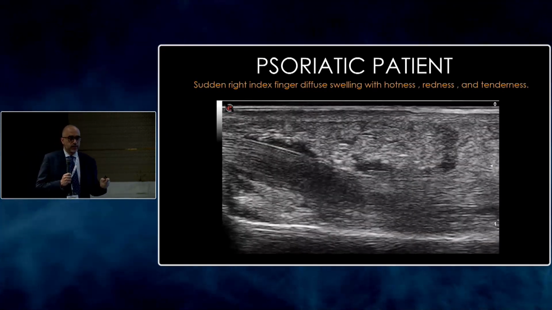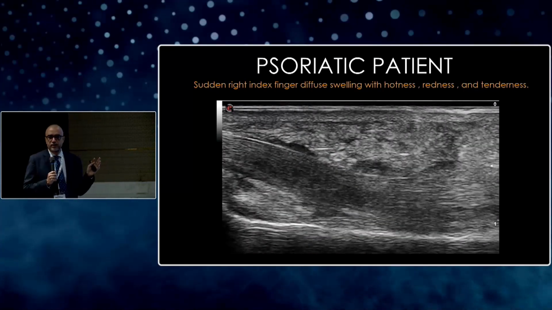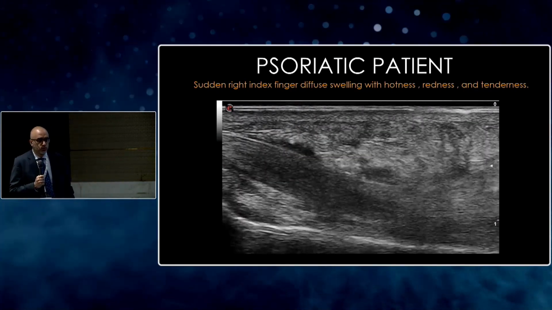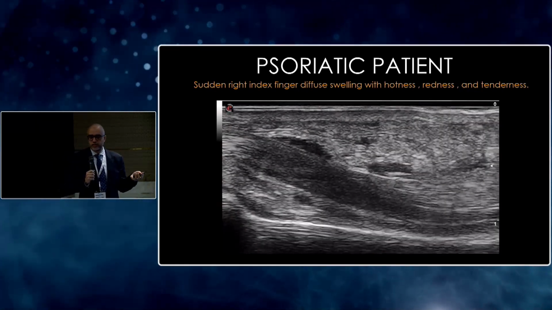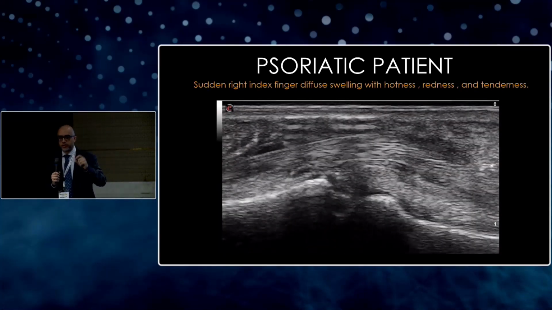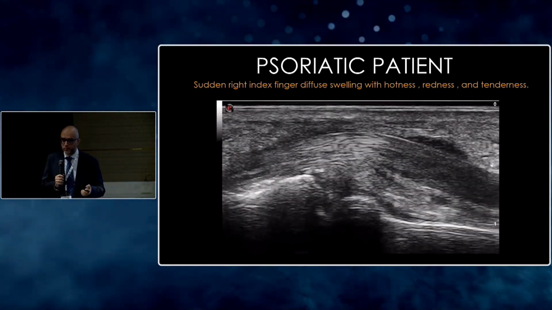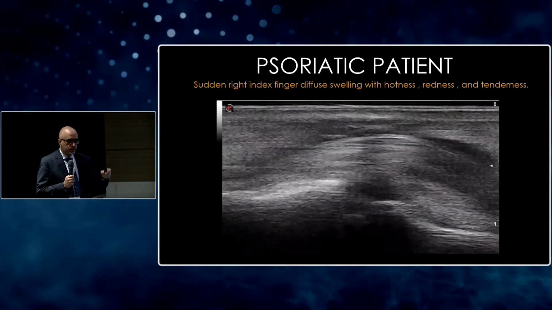Okay? And dactylitis actually shows full-blown clinical manifestations, and sometimes you can ask yourself why you should do ultrasound for a patient with dactylitis. It's already diagnosed on a clinical background. I'll tell you here a small tip about using ultrasound, why it is important, even if you are seeing dactylitis,